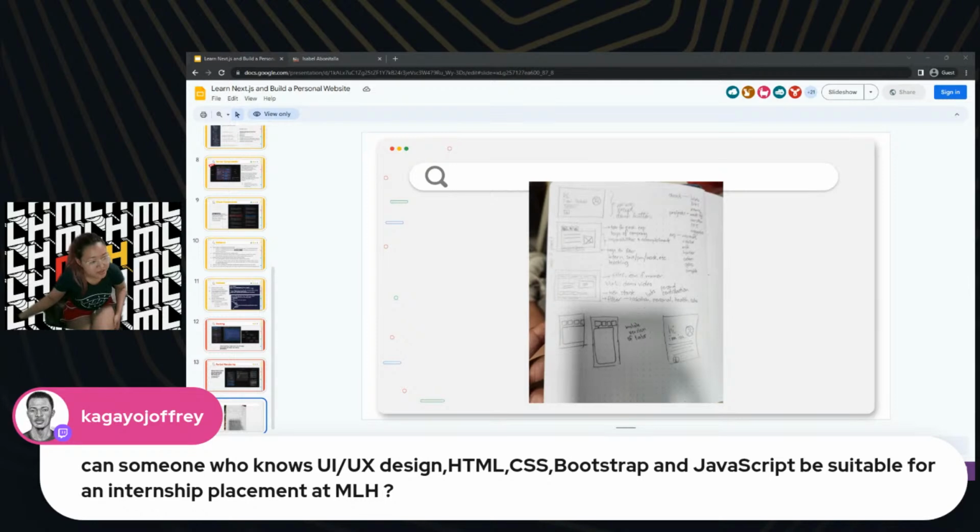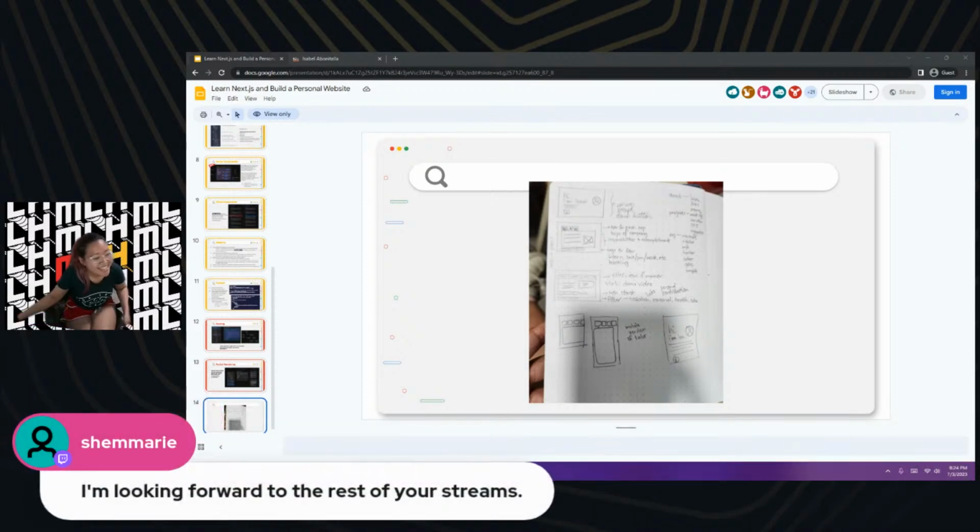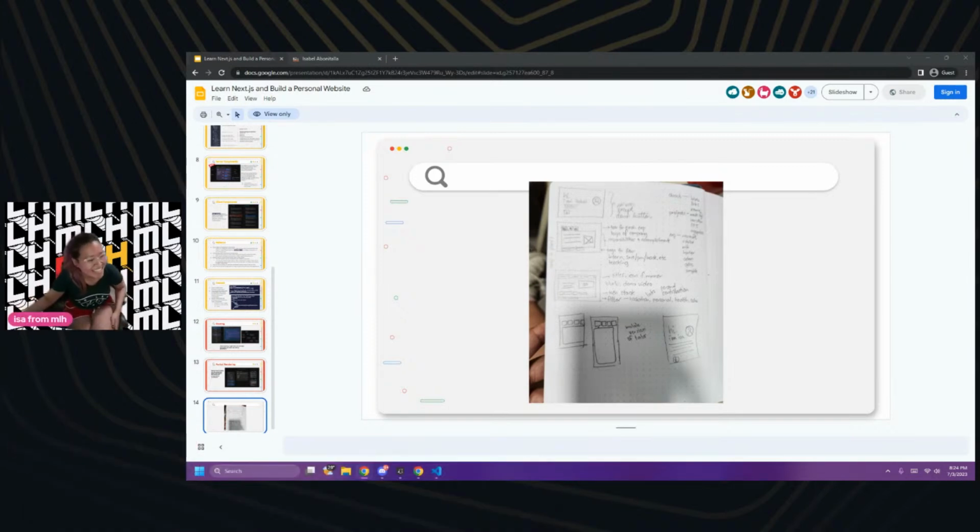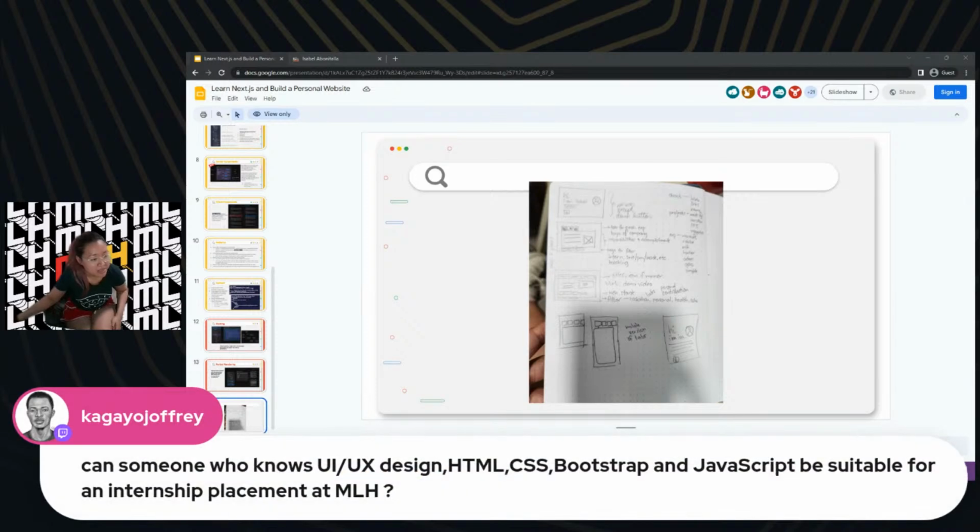Be suitable for an internship placement at MLH. Okay, so are you interested in the fellowship or an internship? Whichever one you're into. Both. To start answering this question: